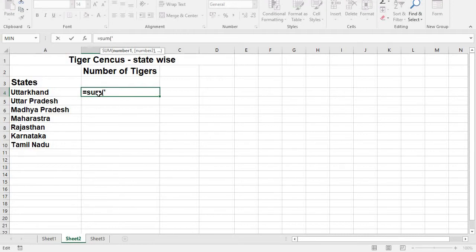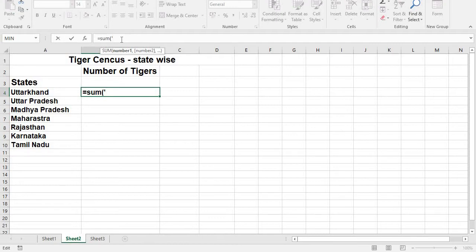You have to place your cursor point here only. Why? Because I am calculating Uttarakhand tigers. That's why I have kept my cursor point here, and I have typed equal to sum. This is a formula.